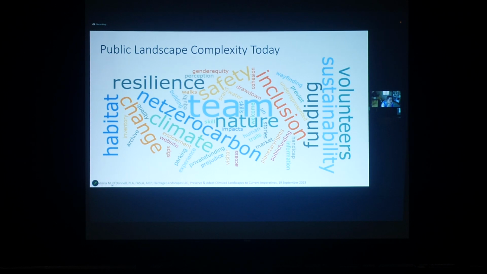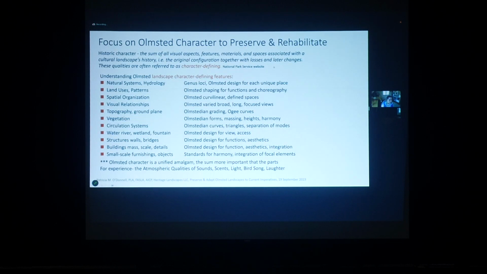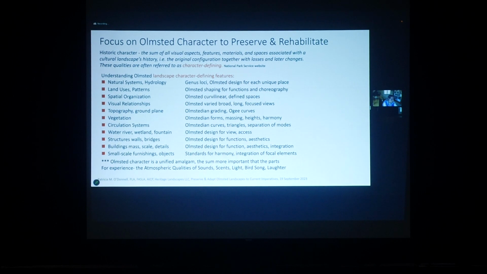When we're looking at historic landscapes, we understand first the Olmsted character that we've inherited and what remains of that character. In historic preservation, we look at character defining features. Oftentimes people think that the landscape is only about the vegetation, but recognize that natural systems, hydrology, land use patterns that were shaped by the Olmsted firm in creating the function and choreography of the park, the spatial organization of the park, the visual relationships, the topography and ground